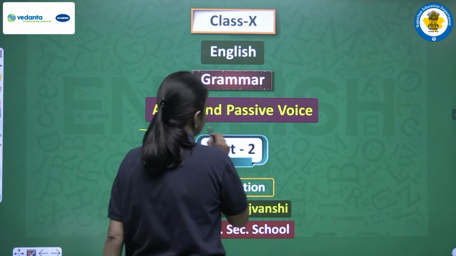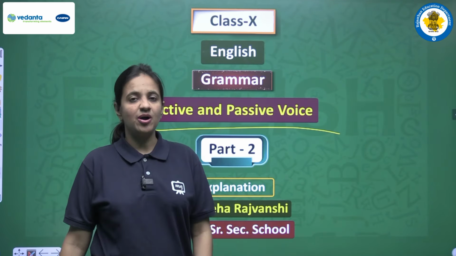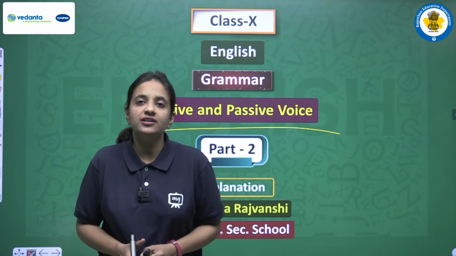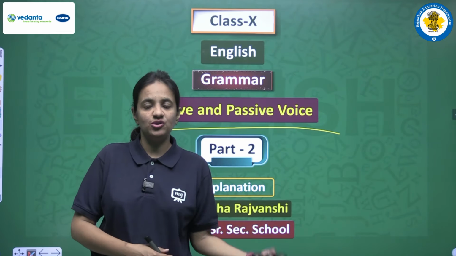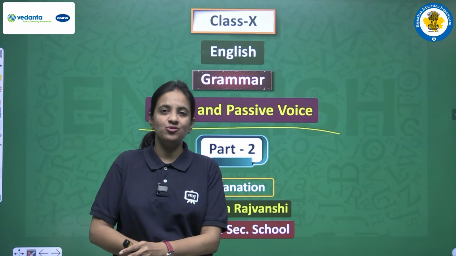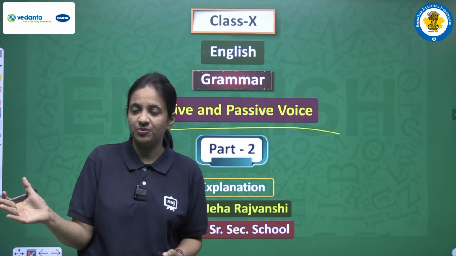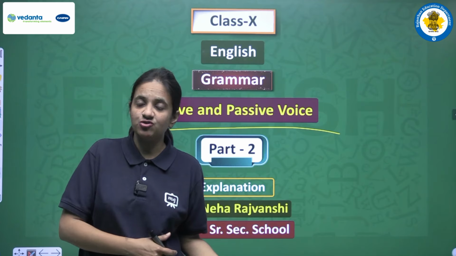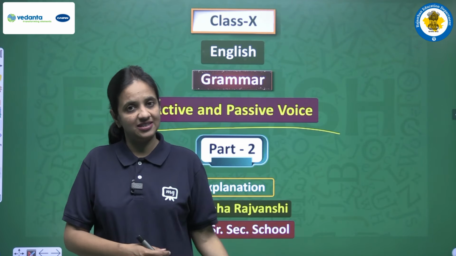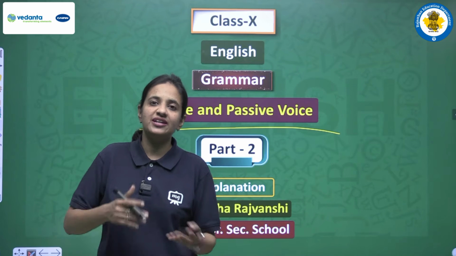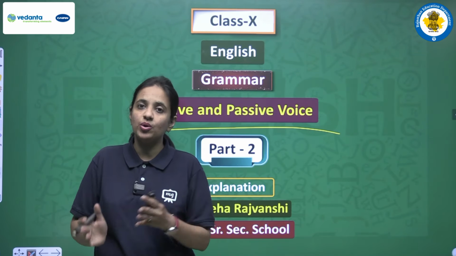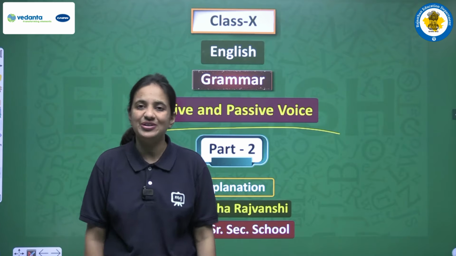In today's video we will continue with our topic active and passive voice, and we will discuss the different tenses that we have in the active voice. So according to the tense, what helping verb we have to use, because we have learned that in passive voice we have to use only the third form of the main verb, right? So we don't change the tense, actually we only make changes in the helping verb. This thing we will discuss in today's video: according to the tense in the active voice, what changes we have to make in helping verbs. Okay, so now let's begin our video.